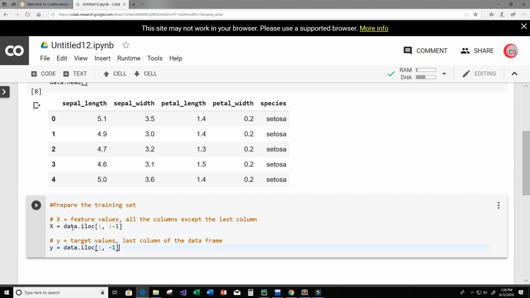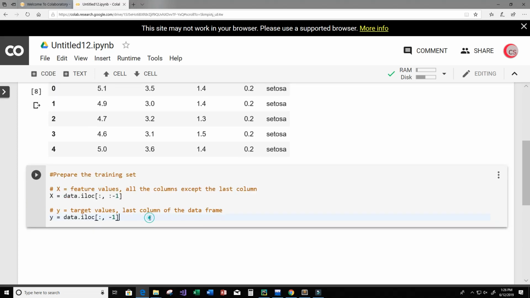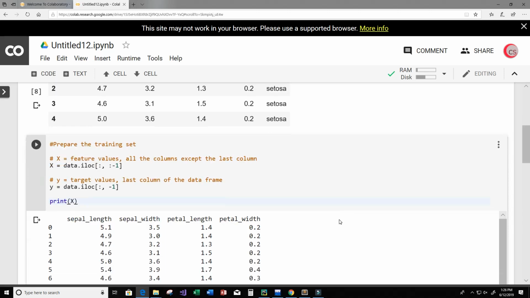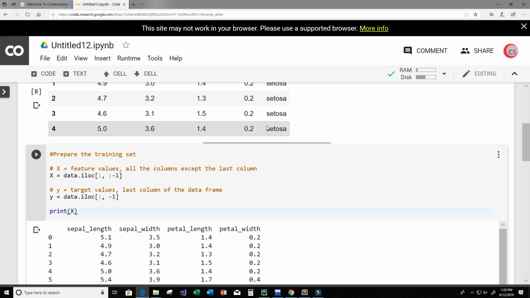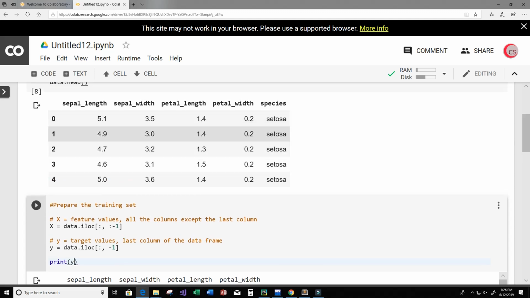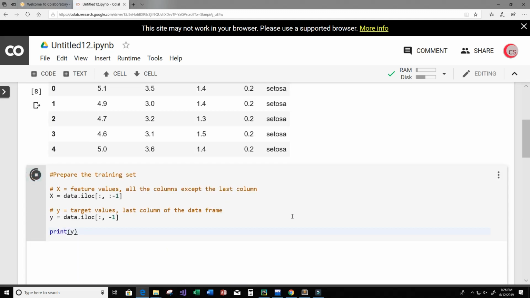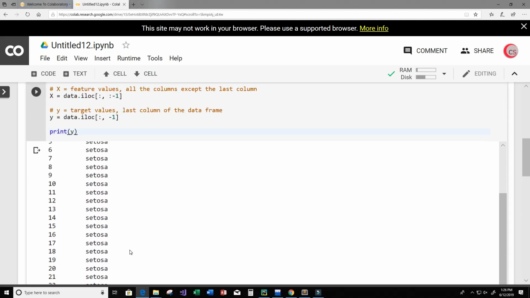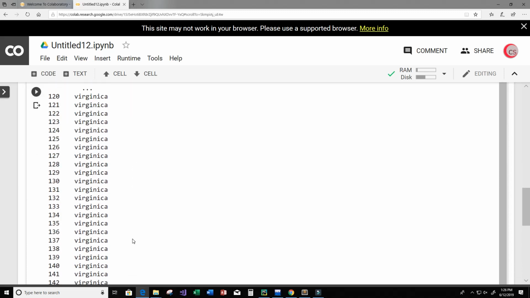So I'm going to go ahead and run this, make sure there are no issues, and it doesn't seem to be. So let's print and take a look at the data sets that we just created. So I'm going to print X, and so we can see our X data set contains those 4 features or 4 columns from the original data set. And let's go ahead and print Y, and it should have only the last column, species. And as we can see here, it only contains the last column that has the data for species. Okay,